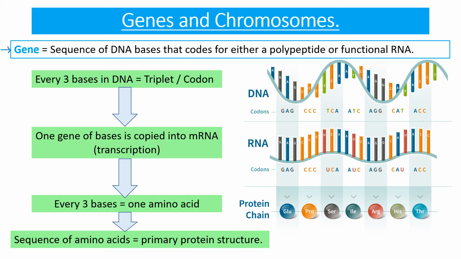So a gene is a sequence of DNA bases that code for either a polypeptide or functional RNA. And we'll worry about what functional RNA is in the next few minutes. But for the first few minutes, we're going to look at how it codes for a polypeptide. You should understand what a polypeptide is by now: a strand of amino acids that makes up your protein, further folded into proteins. And in order to make that strand of amino acids, which makes the primary structure of the protein, we need